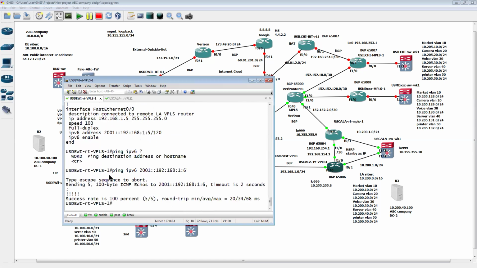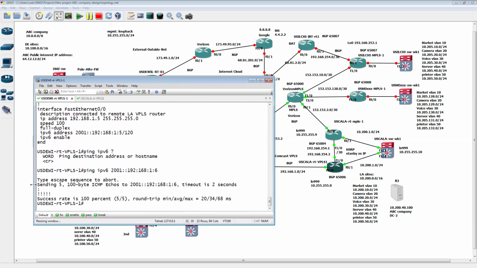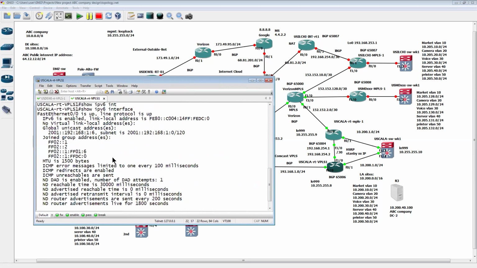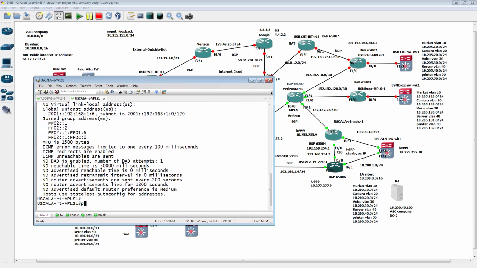Beautiful. Look at that. Okay, it responds, you see? Now we reverse in here. Can we ping the neighbor, right? So we ping